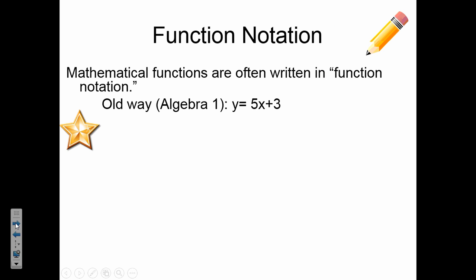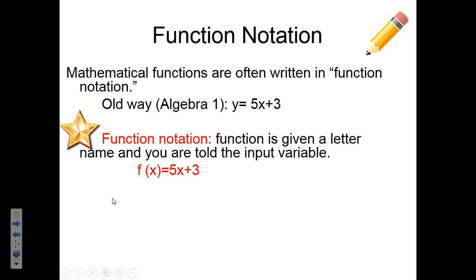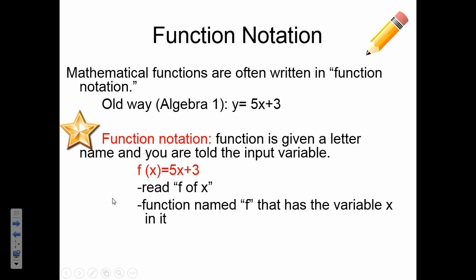Function notation. Oftentimes functions are written in what's called function notation. So rather than write them with y equals 5x minus 3, instead we may exchange the y for an f of x. Function notation means the function is given a letter name and we're told the input variable. So we are told that x is in it. This example is read f of x, and it also means that the function named f has the variable